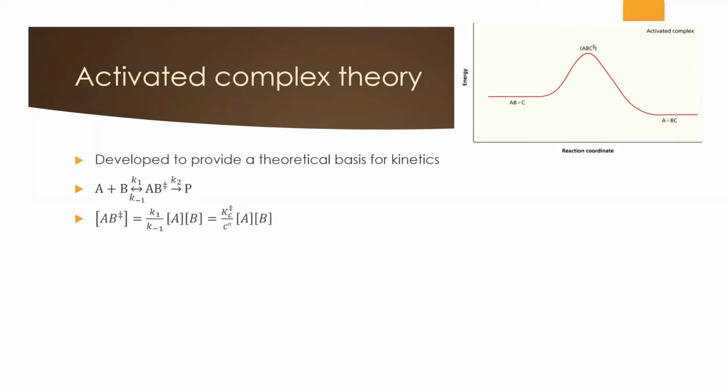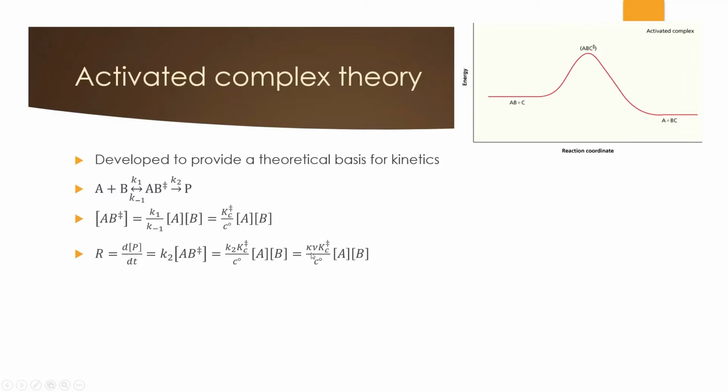So with this, we can define the rate as the change in product with respect to time, which is simply equal to K2 times the concentration of our intermediate, which is then equal to this here. Now we get into some shenanigans. So what's going on here